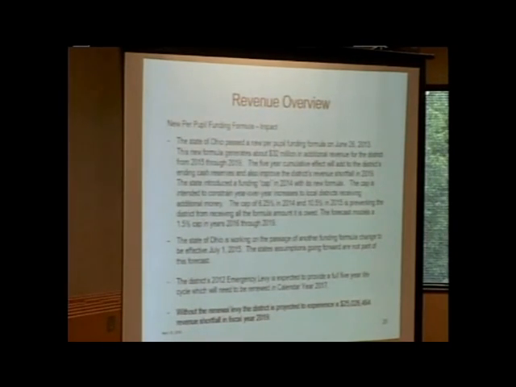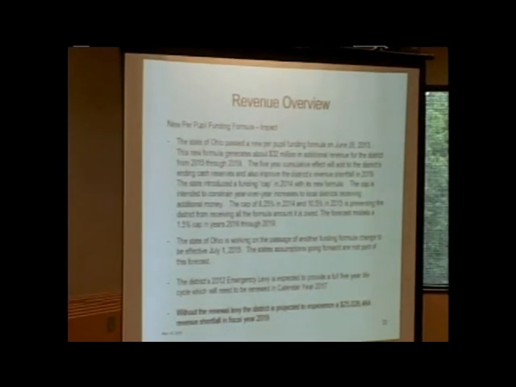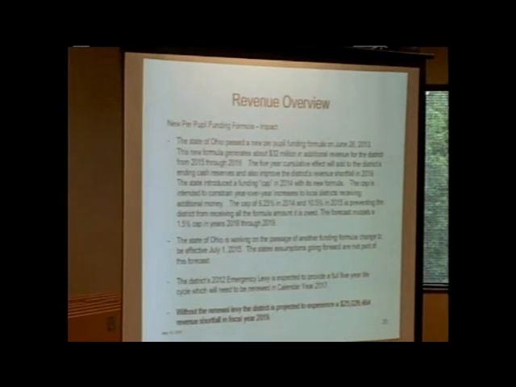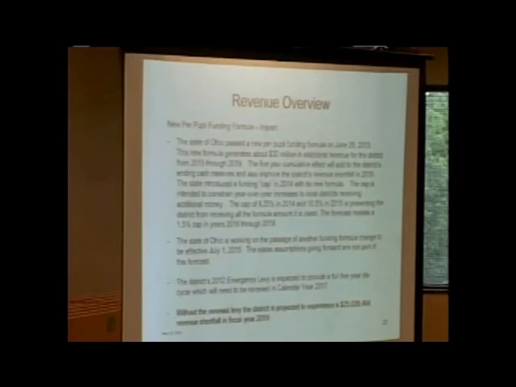All right, revenue overview. Again, this just talks about when the state passed they made a funding change back in 13 for fiscal years 14 and 15. That's what this forecast is basically showing. We had put a revenue cap of 1.5% on those reports. The state came in and gave us better than expected. They actually gave us 6.25% in fiscal year 14 and 10.5% in fiscal year 15.